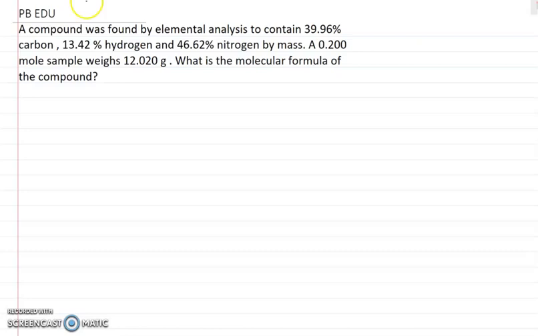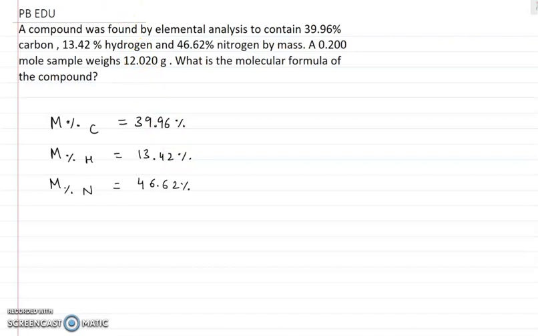Now, today we have a question. A compound was found by elemental analysis to contain 39.96% of carbon. So we have mass percent of carbon as 39.96%. Similarly, mass percent of hydrogen is 13.42%. Like that, 46.62% is of nitrogen. Mass percent of nitrogen is